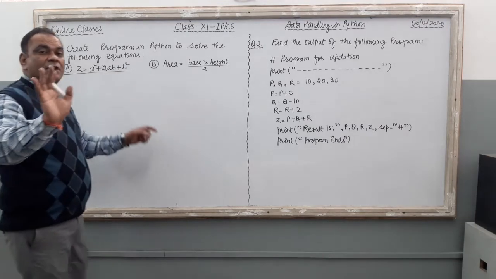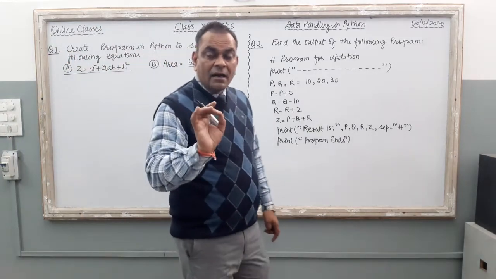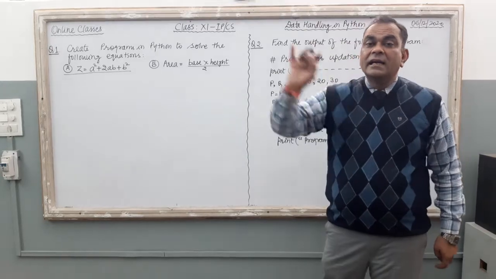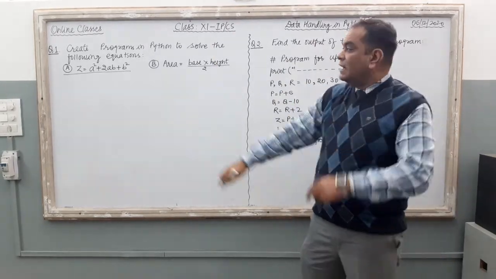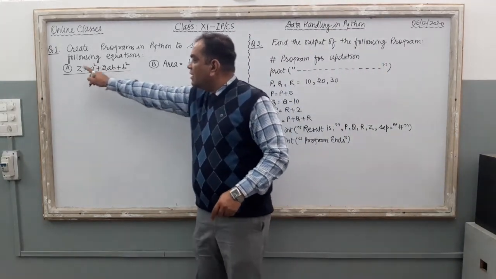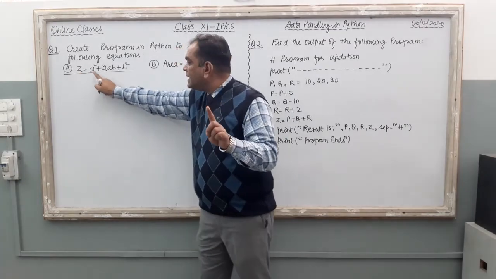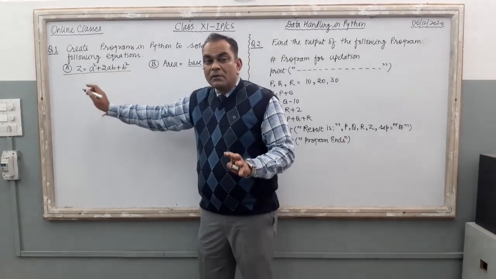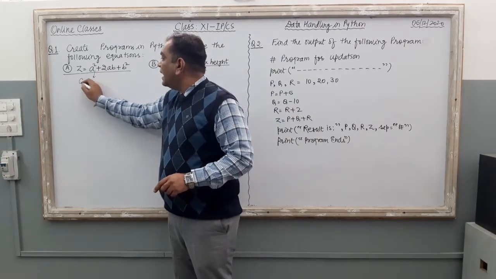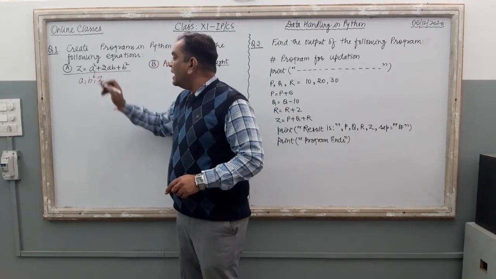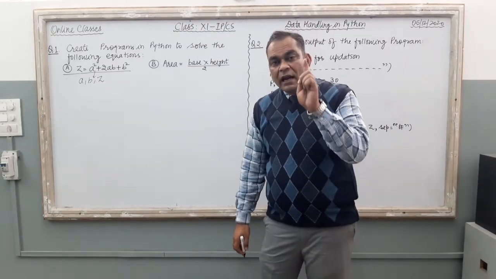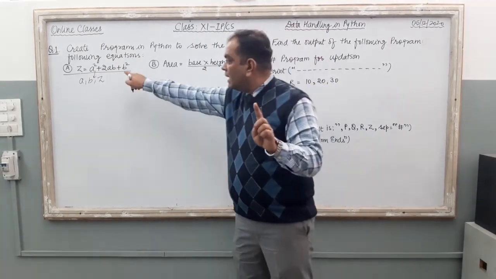Just see the equation properly and try to find out how many variables are there in that equation. कितने हैं? Just see the equation. First equation. First one is Z. Second one is A. Again A is repeated. छोड़ दो then B. Total variables are 3 in this equation. A, B and Z. These 3 variables are there. पहला काम तो ये करना. Judge the number of variables from the equation.